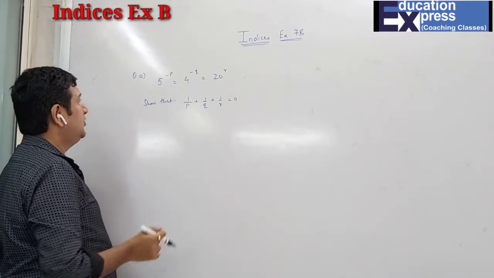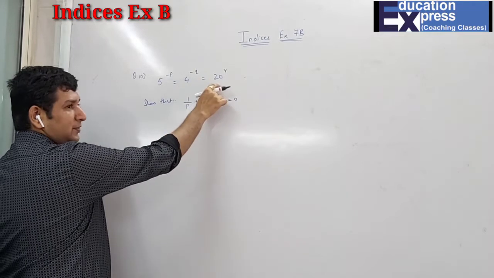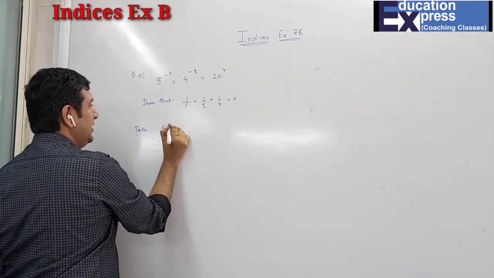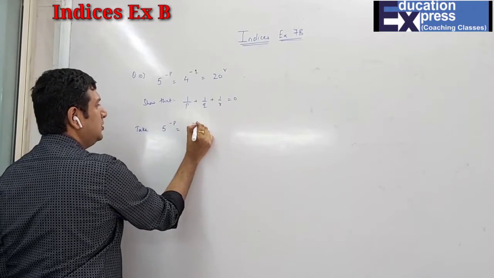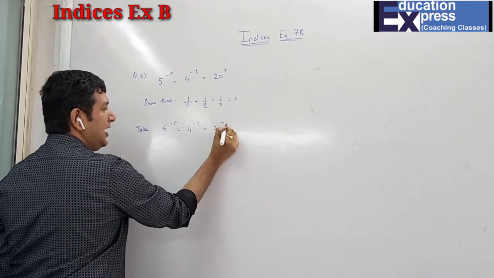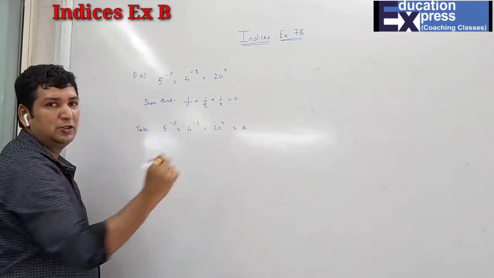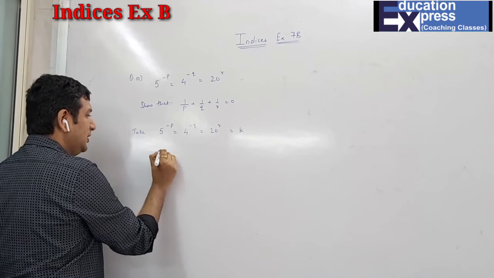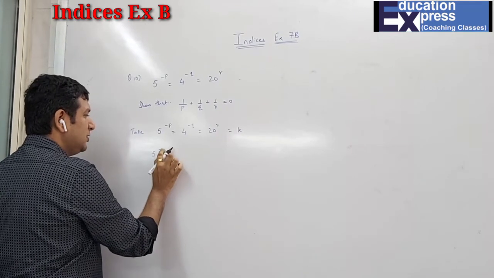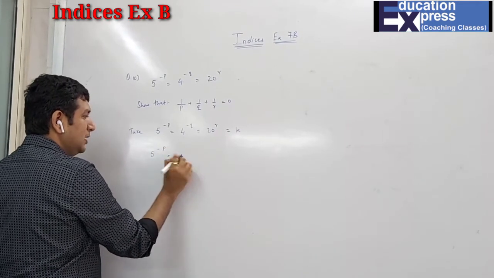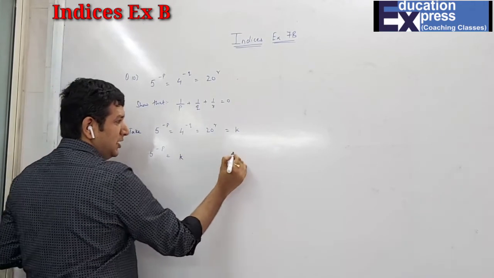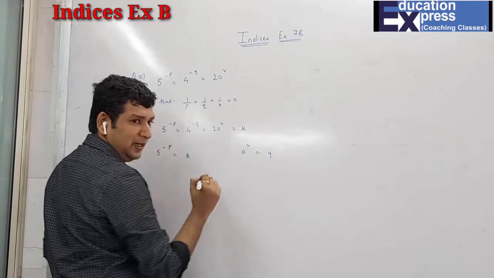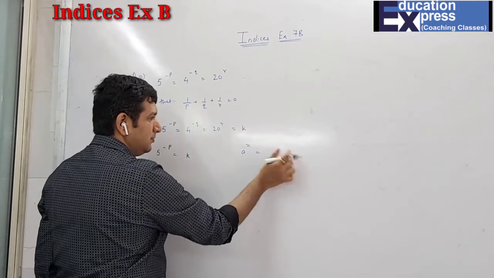So question number 9 is done, and question number 10 is also same. So now students, again you can see, again the bases are not same. So again I have to go for that only. Take 5 raised to minus p. Why do this? Because I want to get everything in a same particular term. That means the common term is k for them now. So 5 raised to minus p is equals to k. There in that case it was a raised to x equals to y. Let us say so, k.